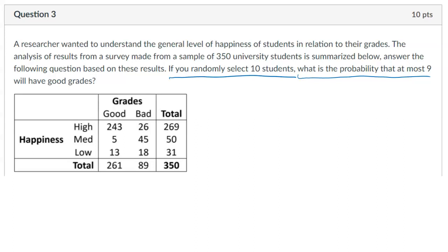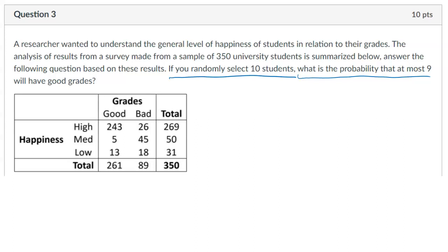This means the following. How many students are included in at most 9? Of course, 9 students out of 10 can have good grades, but also 8, also 7, 6, 2, 3, 1, 0. At most 9 includes 9 and all the numbers below. And in this case, because we're selecting students, real things, it is from 0 to 9. We don't have negative numbers here.